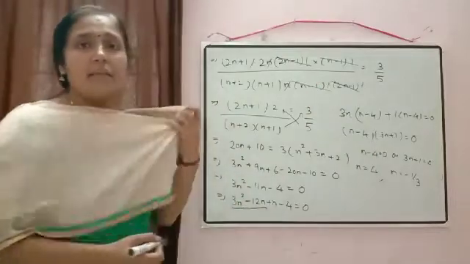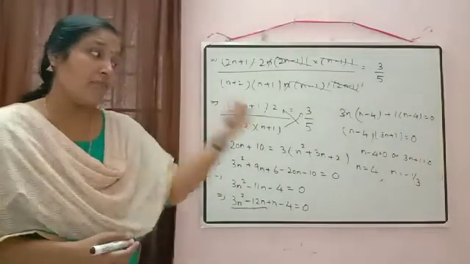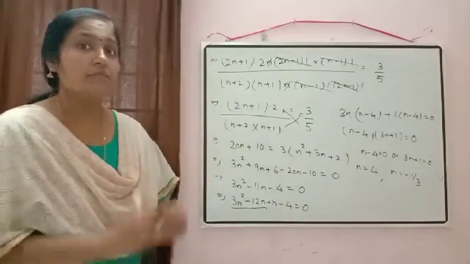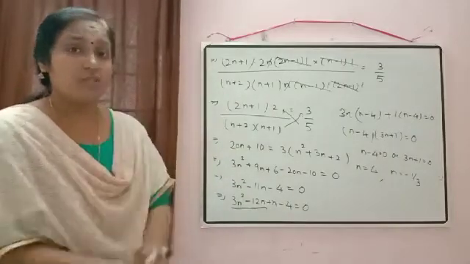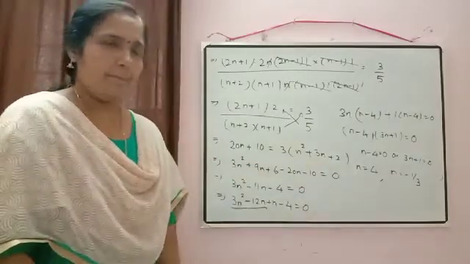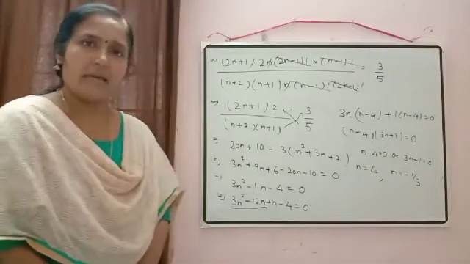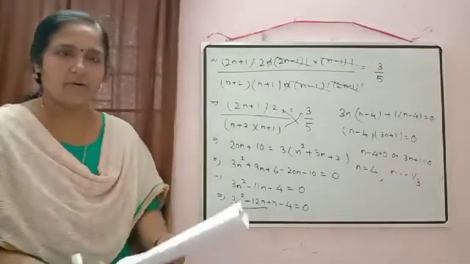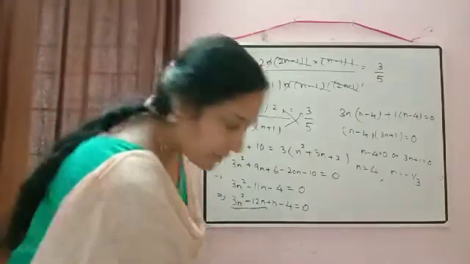Which value is applicable? N is equal to 4. Why? Because concept of these factorial everything is possible only in natural numbers there. So negative numbers or fractions are not applicable. So value will be equal to n is equal to 4. So I think these questions are clear to you. Okay. Now we'll do some word problems based on the formulas.